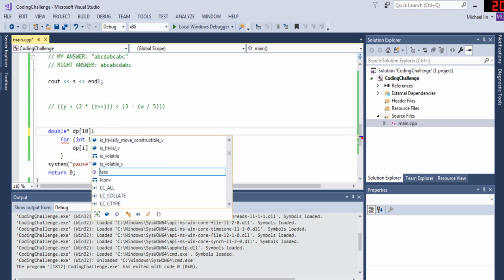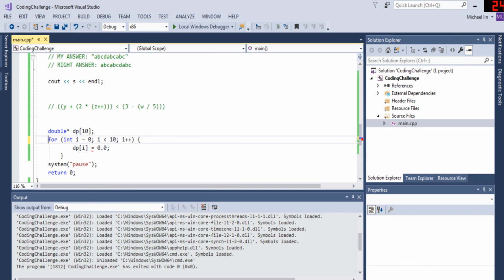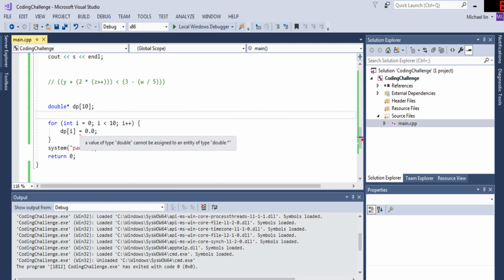Okay, so Visual Studio already told me what was wrong. The problem is that type double cannot be assigned to an entity of double star. So what they need to do is, this is an array of pointers, so they need to initialize every single pointer. To do that, we need to use the new keyword. So what we have to do here is equal to new